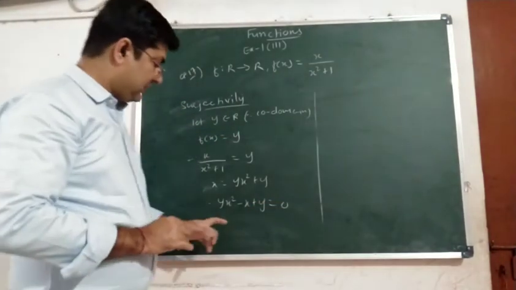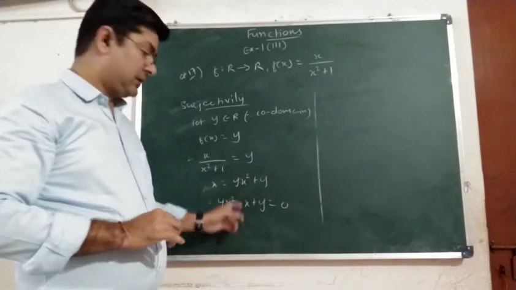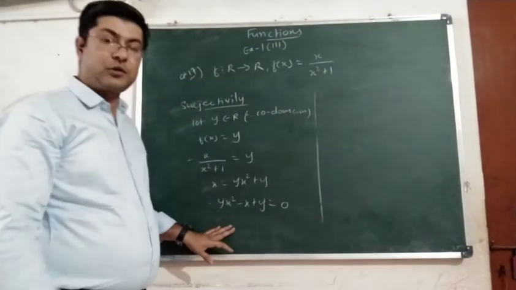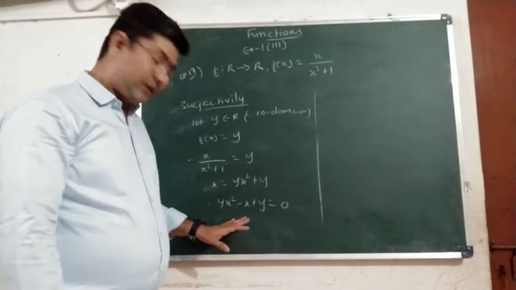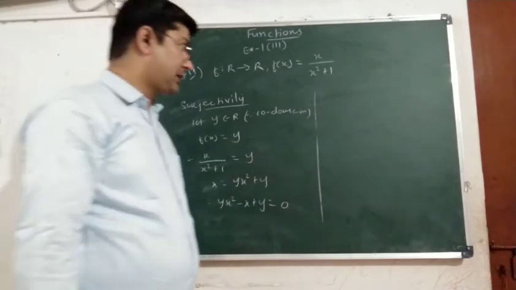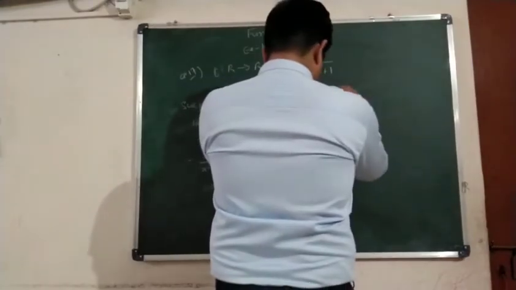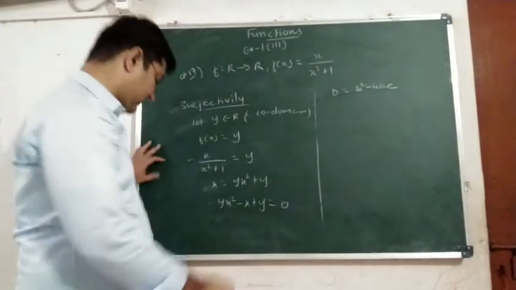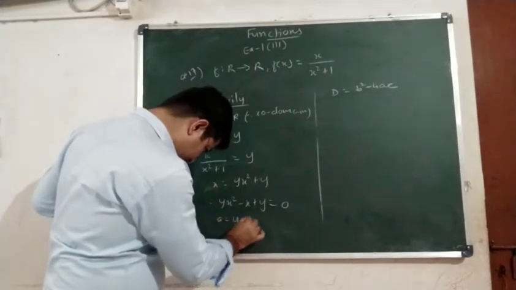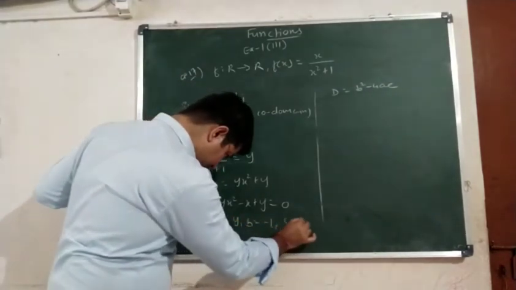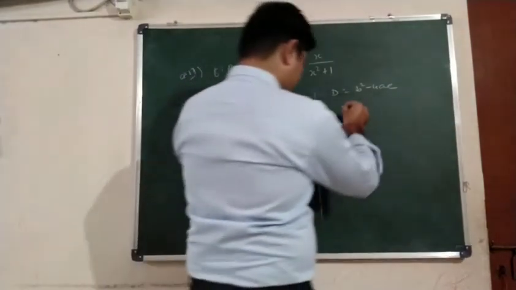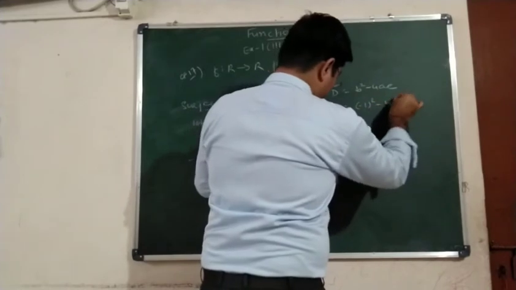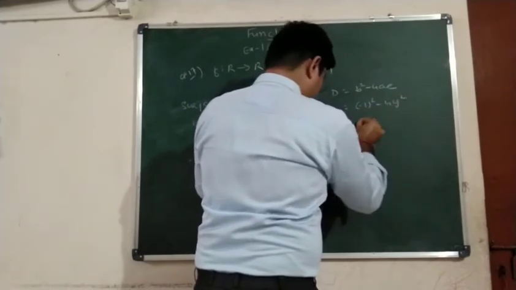Now you will notice that this is a quadratic equation in x, and to check the nature of roots or values of x, we will find the discriminant. So let us find the discriminant. D is equal to b square minus 4ac. Here we know that a is y, b is minus 1, and c is y. Putting these values we get minus 1 the whole square minus 4 into y square. Therefore D is equal to